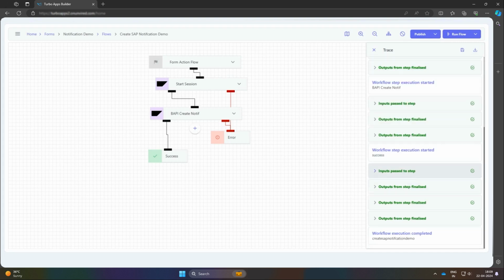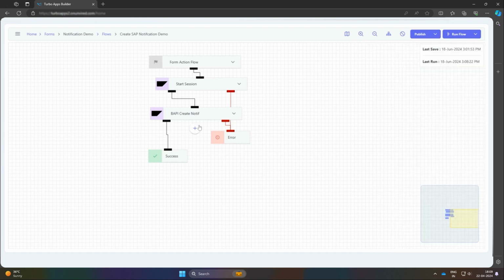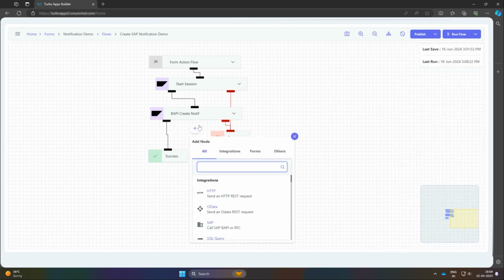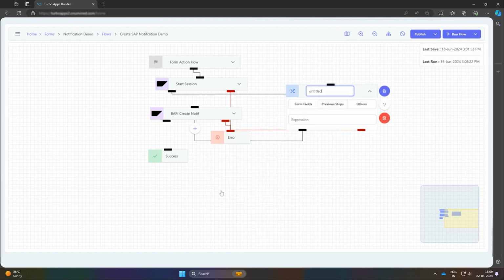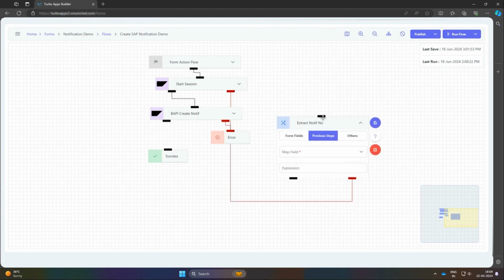This trick of running intermediate flows ensures we test the development until then, and more importantly, get access to intermediate results for further processing. Now select the BAPI Create Notif node, click on plus, and select JSON Parser to add the JSON Parser node. The JSON Parser node is now opened and you can configure it. Change the title to Extract Notif Number